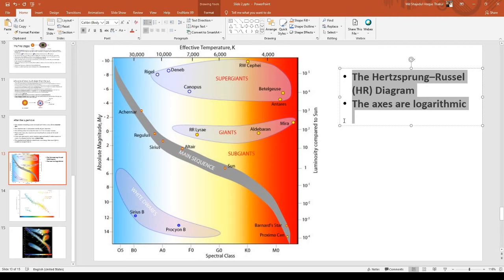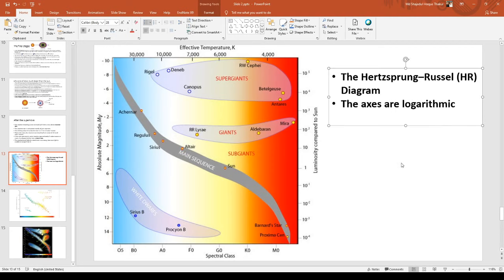Okay, so the Hertzsprung Russell diagram, or HR diagram in short. So what you need to notice first of all is that the axes are logarithmic. I'll explain what this means. The axes are logarithmic. Also,